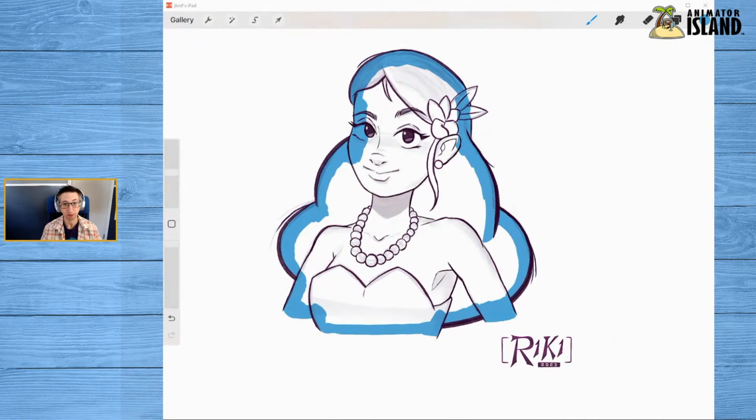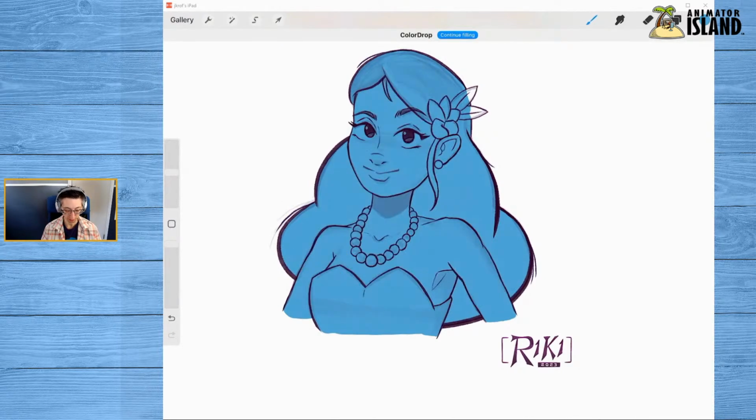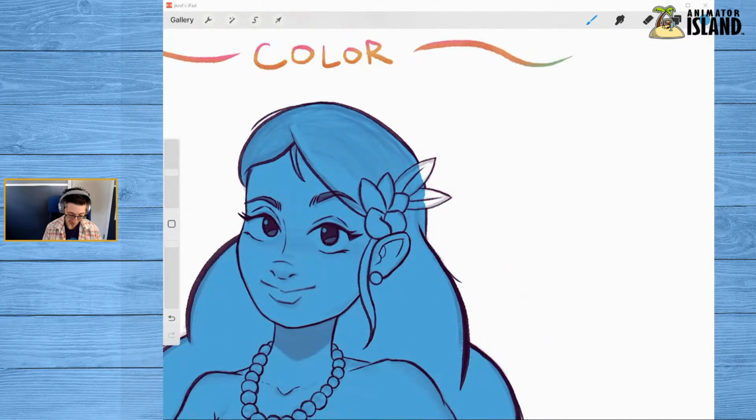Now that I have that outline in place, I can go ahead and grab the circle, drag it over and fill it. And then she is fully blue, except up here in these leaves because I have too big of a brush to get in there. So I'd have to alter the brush size. So I leave that to the end.